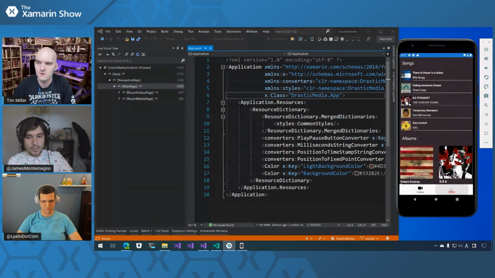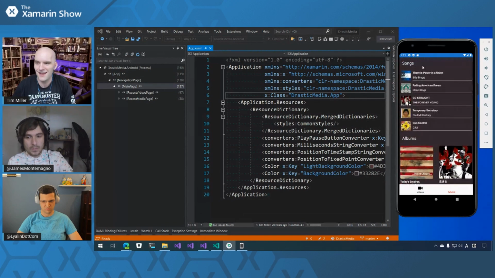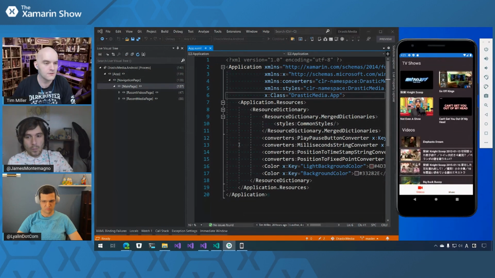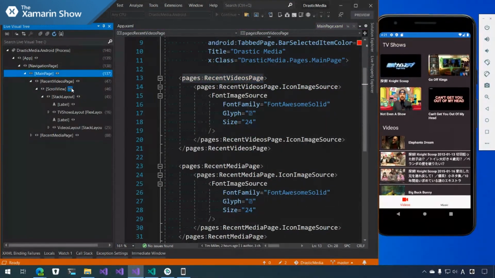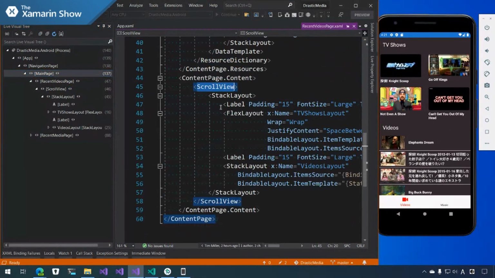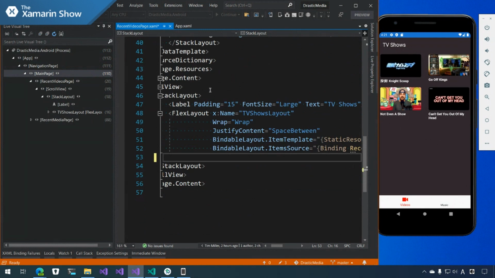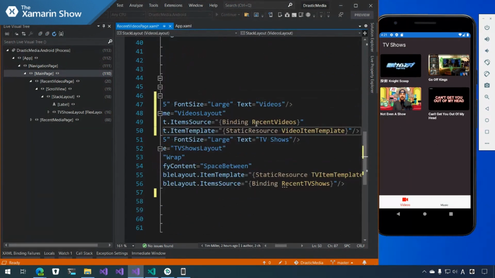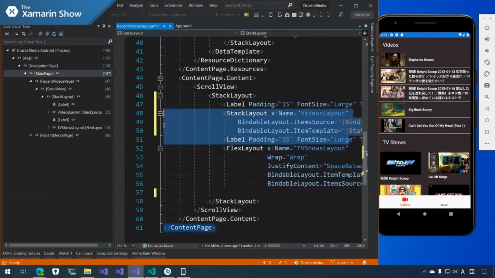If you notice with my music, I have the songs up here, I have albums, and then I have artists, and I want that view to also be at the top. So let me go to the videos page, go to scroll view, and we have the videos layout. I'm going to take that and delete it. It goes away, and then I'm going to add it back to the top. There we go, everything reloads. Everything's fine. That seems to be okay.